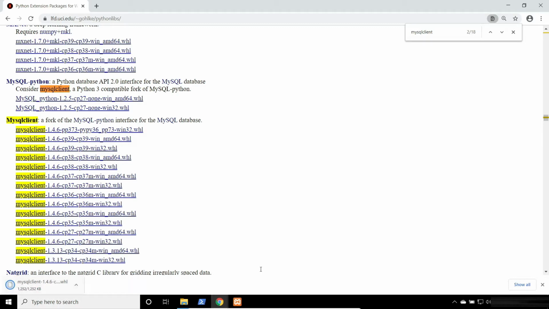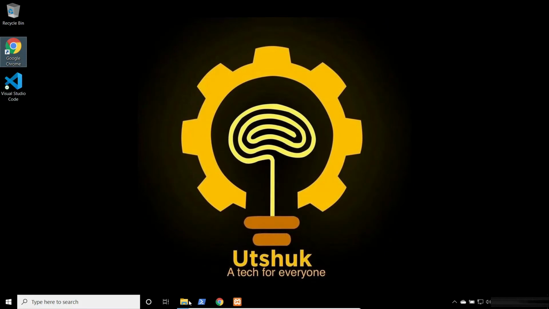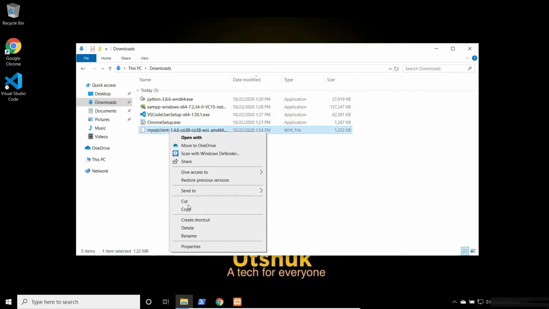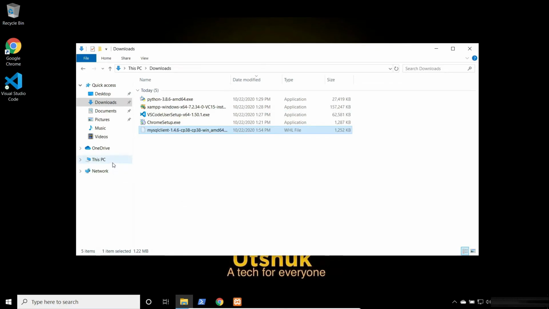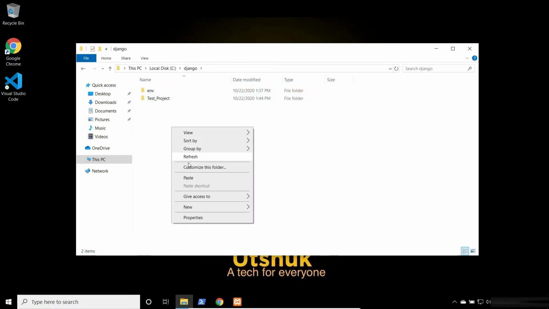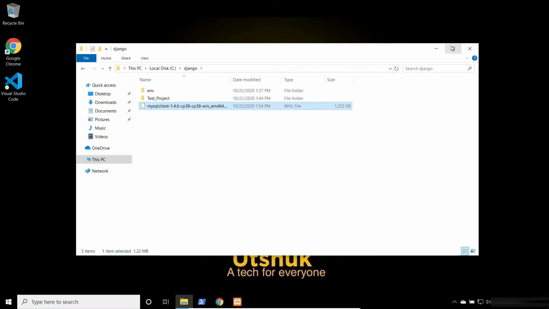Let's close this browser, and here we have this downloaded file. I'll cut this and go to the project directory in my C drive, in Django, and paste it here. So we have this wheel in our project directory.